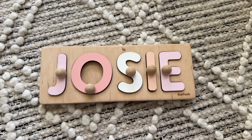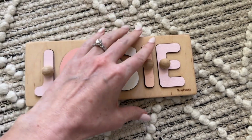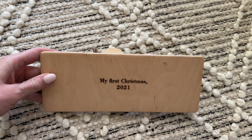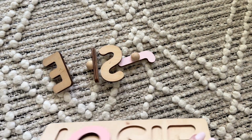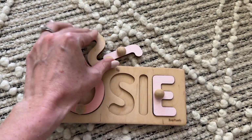My go-to gift for babies, toddlers, new moms is this personalized name puzzle. Josie actually got this for her first Christmas with her little name on it, and she still plays with it to this day. I actually taught her how to spell her name with it, and then on the back I personalized it to say my first Christmas 2021, which I think is a cute way to commemorate that. But they have a lot of different options. You can get big ones with like the alphabet, maps, things like that, but as a gift idea, I love